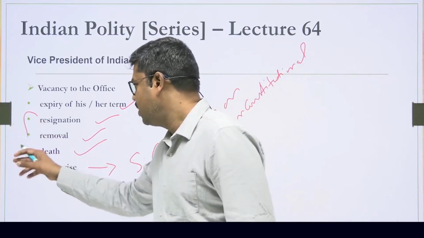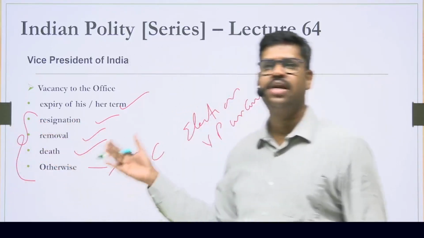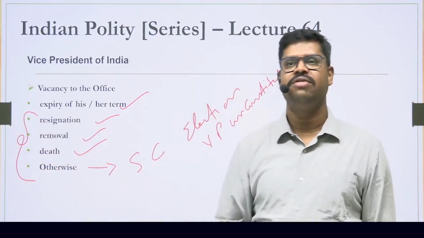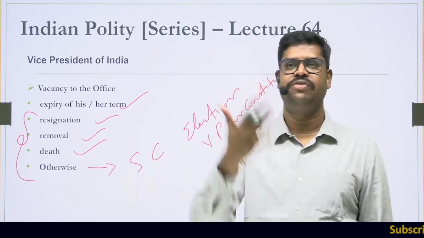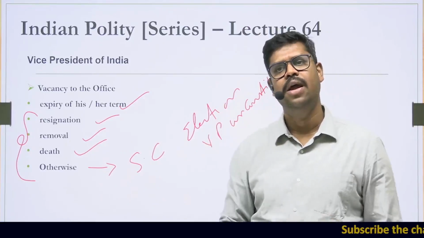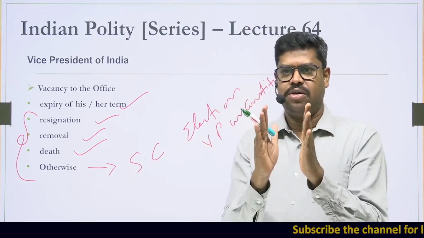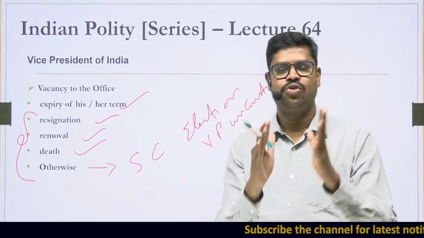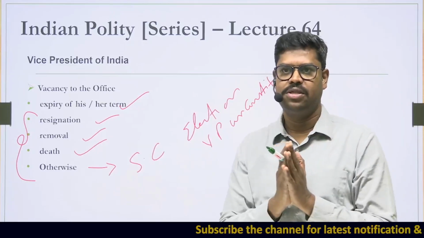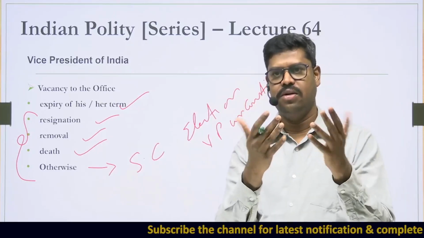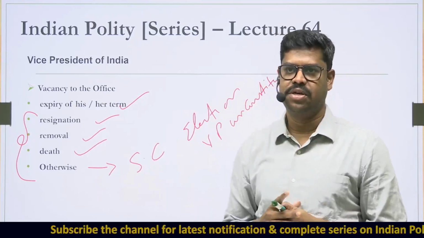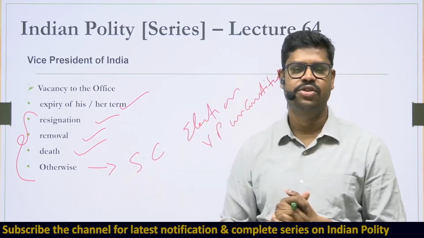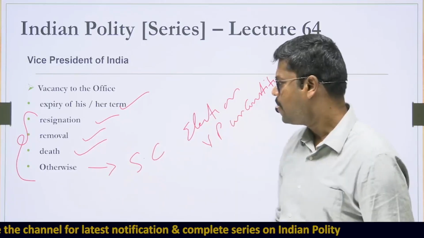we'll understand as we proceed that one of the important functions of the vice president is to act as the chairman of Rajya Sabha. In fact, he is the ex officio chairman of Rajya Sabha. So his only function, as long as the president is there, is to act as the ex officio chairman of Rajya Sabha. Only when the president is not there, by reasons of death or vacancies, he acts as the president. Otherwise, he normally functions as the ex officio chairman of Rajya Sabha.